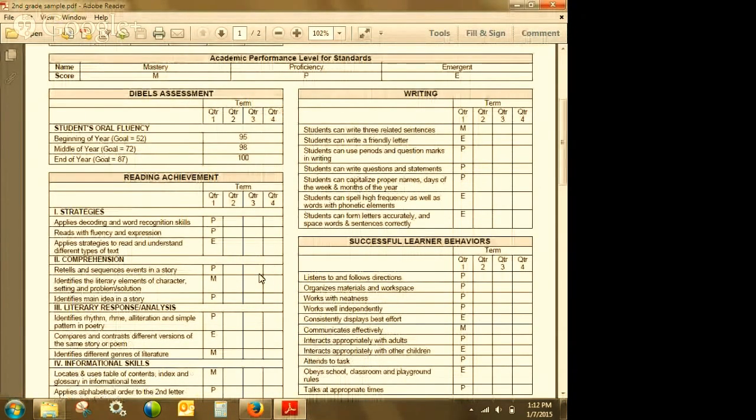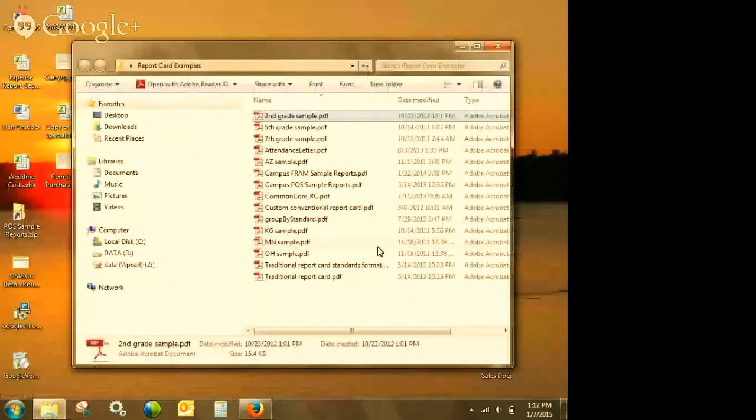something like our DIBELS assessment scores or another score. So I kind of have a lot of these different scenarios. But what Canvas does is provides you hundreds, I don't know if it's hundreds, lots of different options for do you want class rank, do you want student photo, do you want counselor's name, and then you really choose the layout because each grade might have a different report card, right? Actually, they probably do. They probably all look different. And I can leave this with you if folks want to take a deeper look, but these are just some examples of report cards.